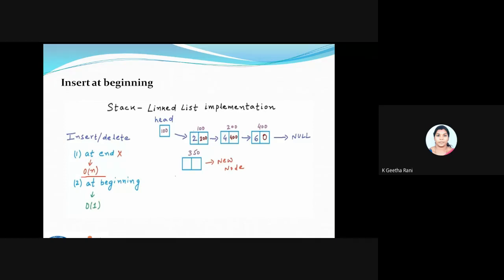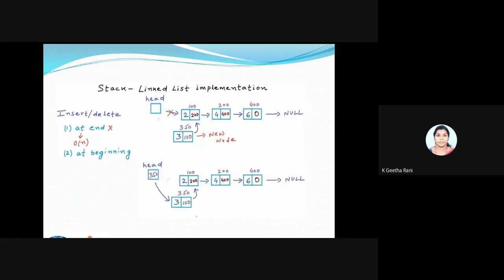Now I'm trying to insert my data. This is my new node. I'm trying to insert at the beginning, beginning in the sense before your first node. For doing it, what I'll be doing is I'll discard this link. I will put the address of my first node into my new node. This node will have an address that will be going inside my head, so I'll be getting a link like this. That is what's shown here, and this link will be discarded. This is the way I'll be inserting a node at the beginning of my list.